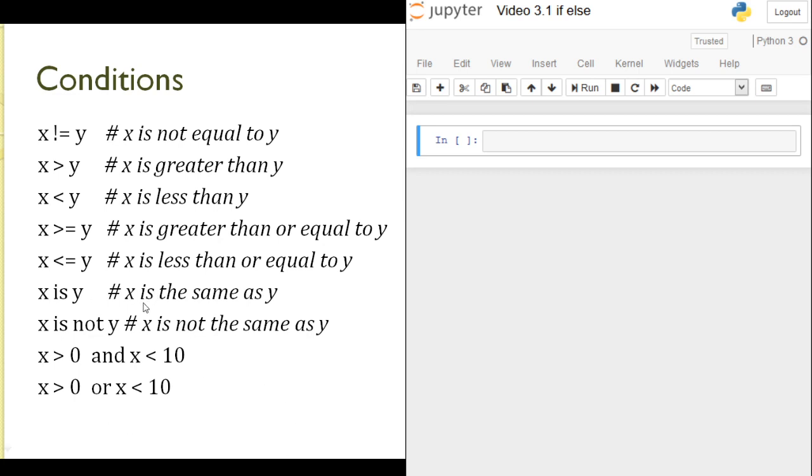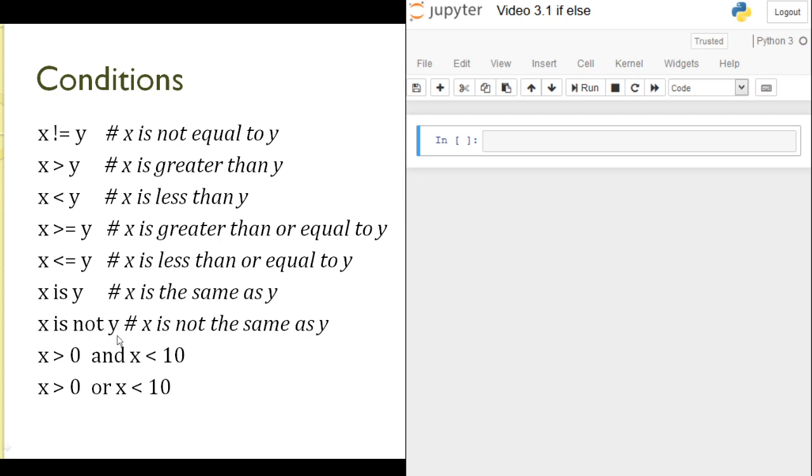When we are going to check whether the values are the same, meaning if the value of x is the same as y, then we can check the condition in Python using the is keyword. Or when we are talking about two variables and the value is not the same, we can say is not. We will see examples of these operations in our programming later on.